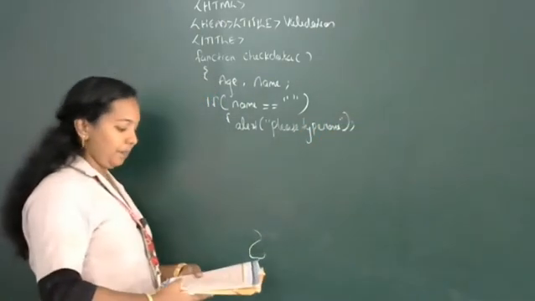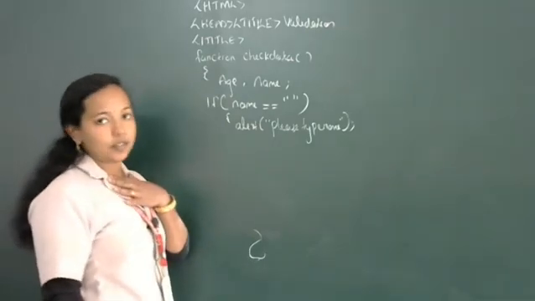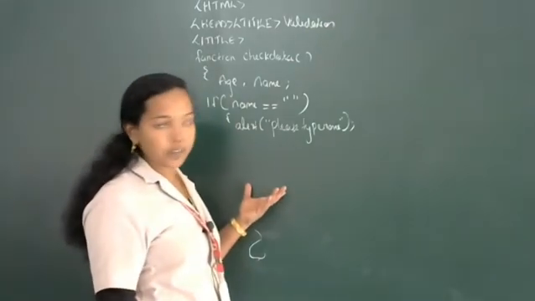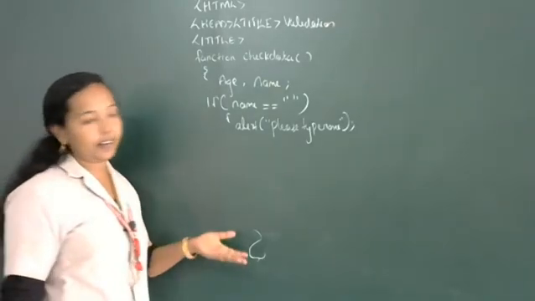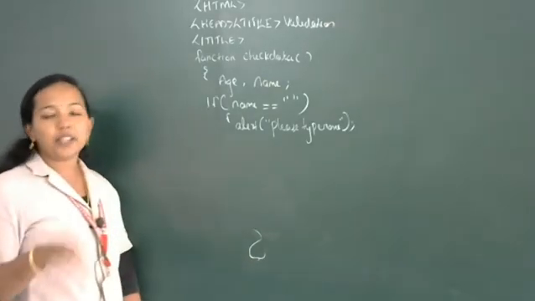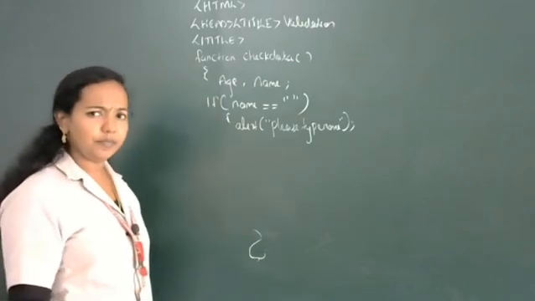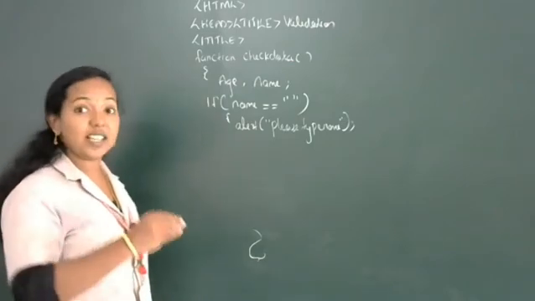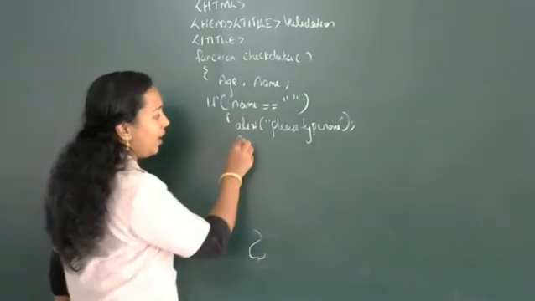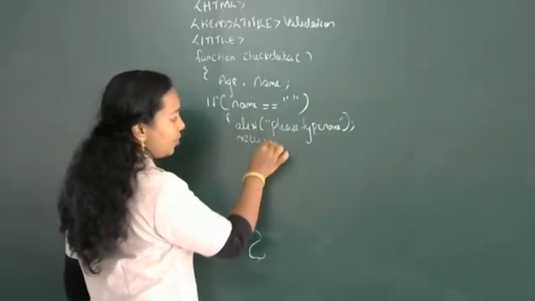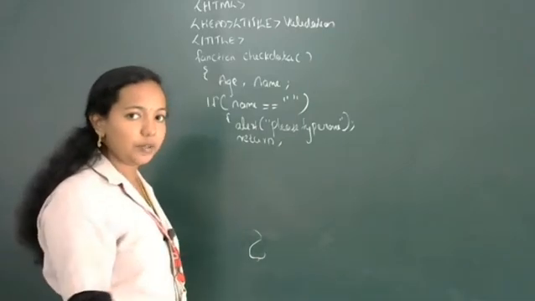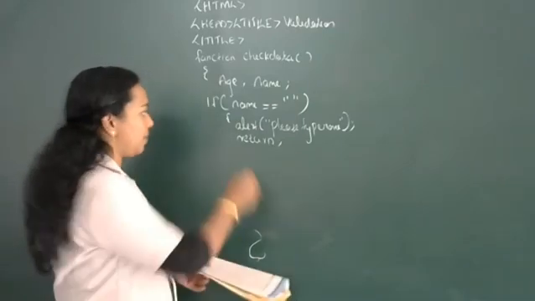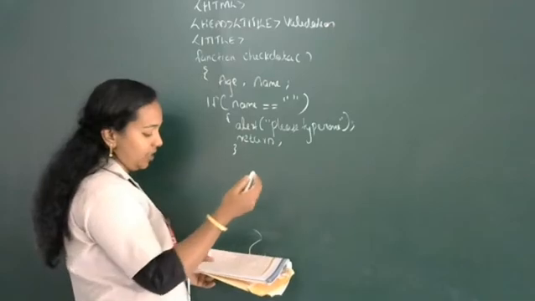You will get a message box, alert box or message box. In that message box it will display please enter a name. Then after this we are terminating the program? No, we are not terminating, because it's just a warning message. We are continuing the process. So again here we are using return statement. Return means we are returning to the main execution statement. So this is the first validation statement.